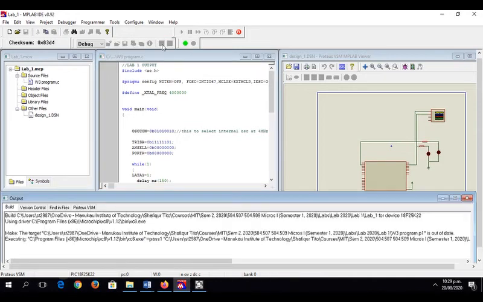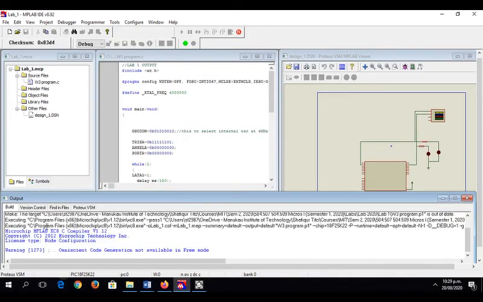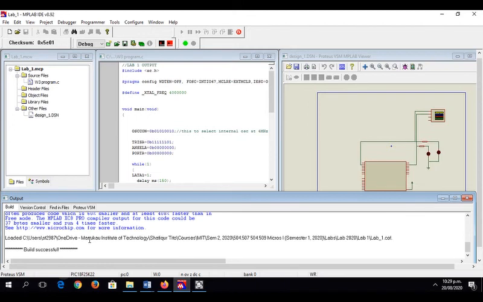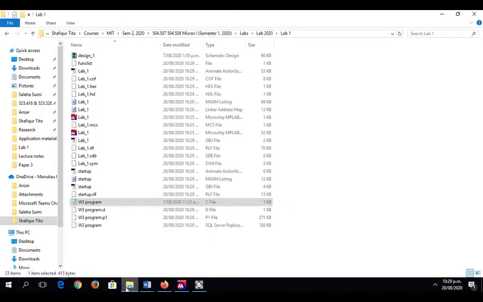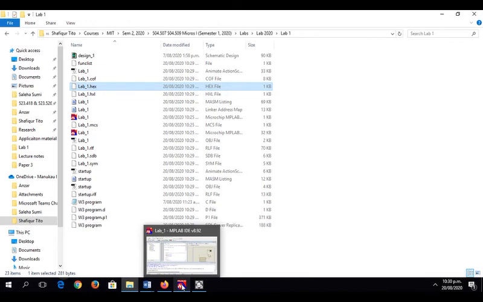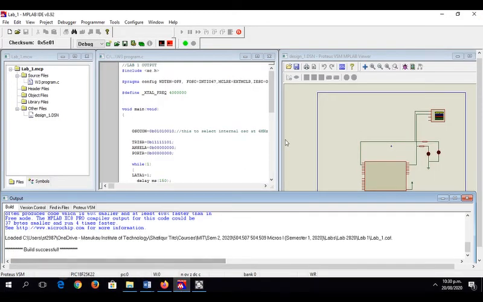If you click on this, your program will be run, and if you don't have any syntax error, it will build your hex file, and that hex file will also be stored in the folder. You can see several files have been created, and one of them is the hex file, and this is important for simulating my circuit. So we'll go back,